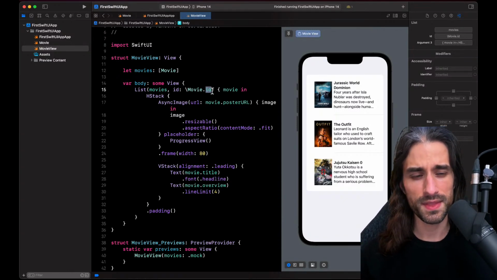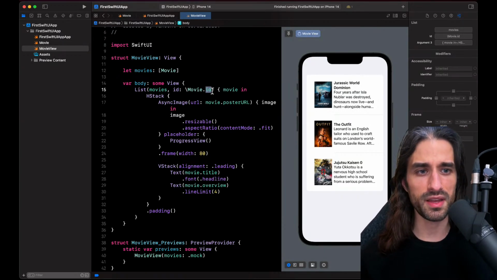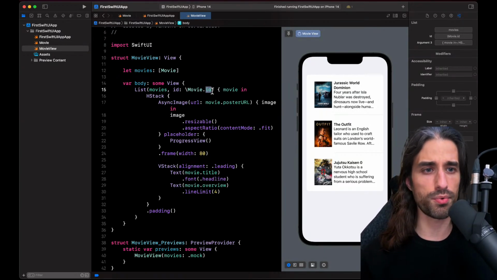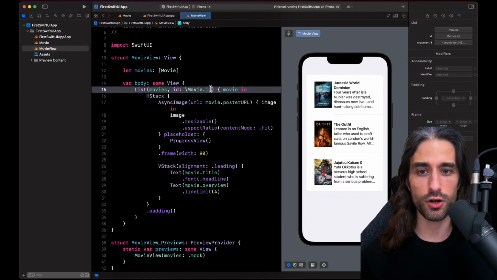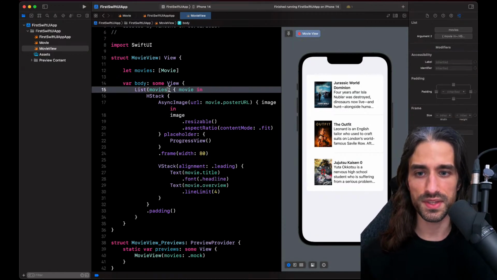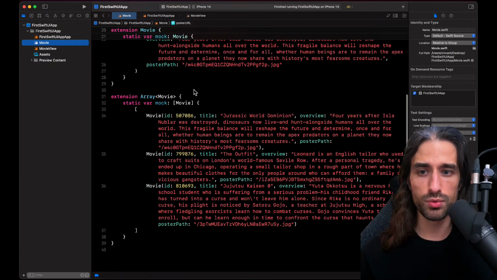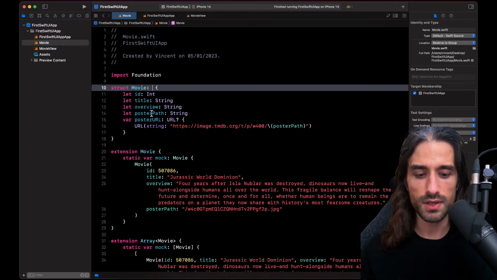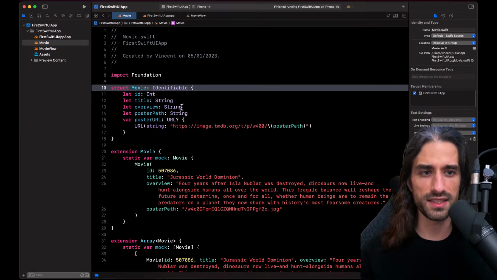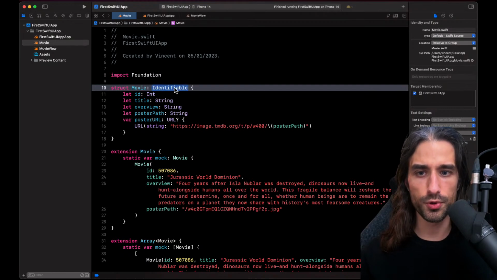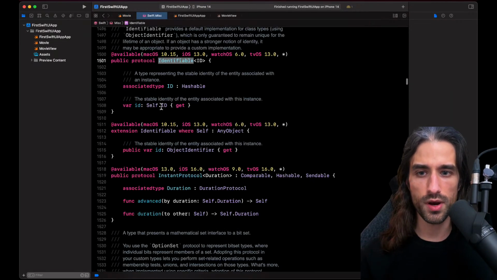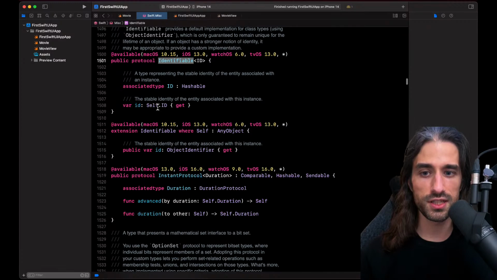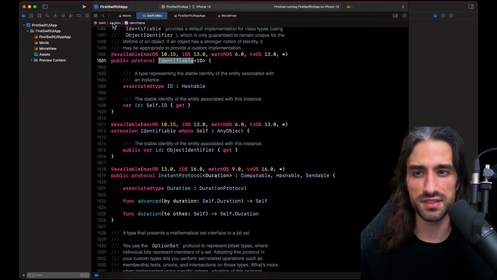But there is another way to implement the same mechanism, and it's to use this identifiable protocol that was mentioned by the error message. The way you do it is that you go back to your type and you make it conform to the protocol identifiable. Identifiable is a protocol with just one requirement, which is to have a property called ID, and that ID must be of a type that is hashable because of the way SwiftUI stores its data.